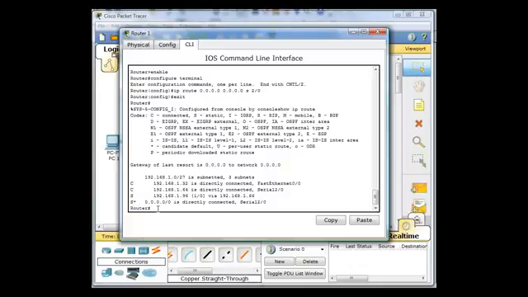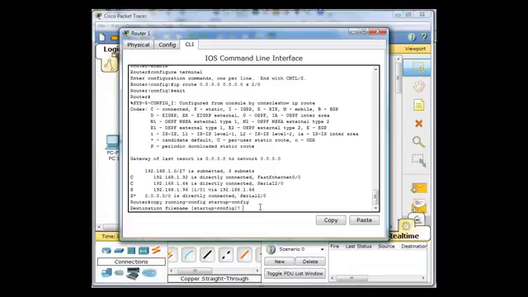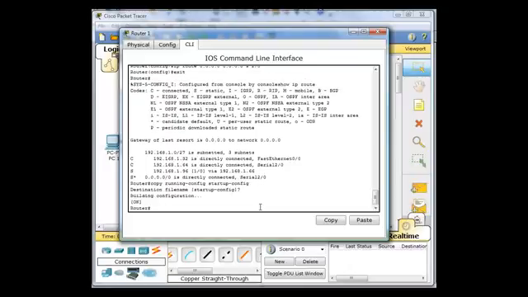And then to save your configuration, you would say copy running-config startup-config, and that's the full command, no shorthand there. Then you hit enter, and you hit enter again to accept the default file name, and it builds the configuration, and you're all set. So now I have